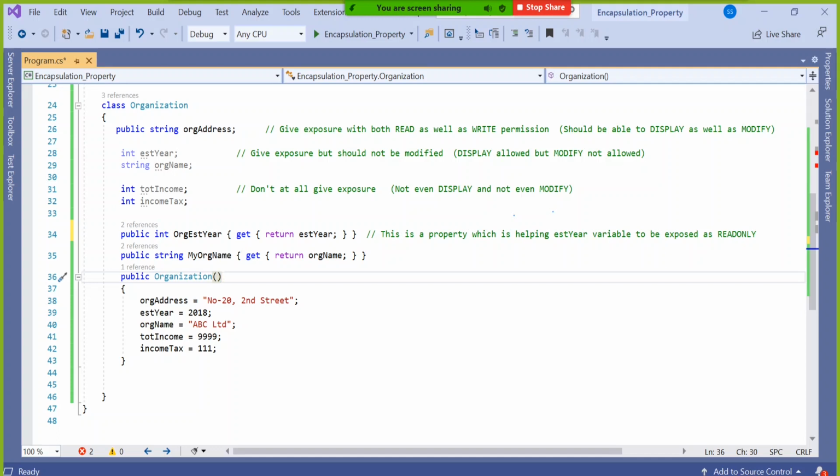Now you ask, you cannot say it is having get internally. You cannot say that, because the moment you make it public, it has read as well as write permission. That is the feature of a variable simply. So the feature of a variable is either it will be fully accessed or it will be no access. The feature of a property is having three levels: full access, no access, read only access.